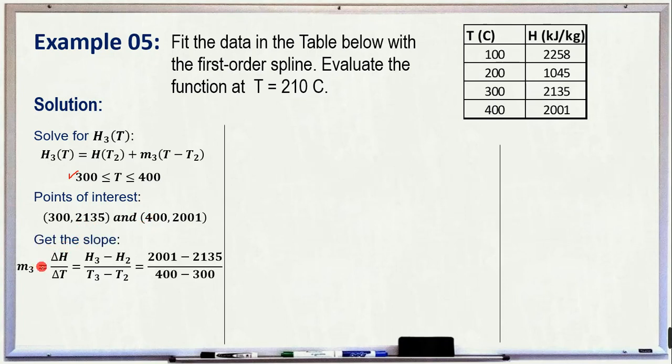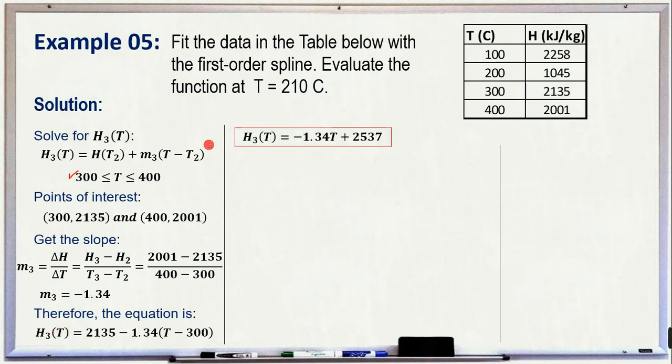So M3 is equal to the change in the enthalpy over the change in temperature. Same as the previous linear spline, you're going to substitute the values for the enthalpies and the temperatures, and you will arrive at a slope equal to negative 1.34. Then substitute the values, so you will arrive at this equation, and simplifying this one further, you will arrive at the final